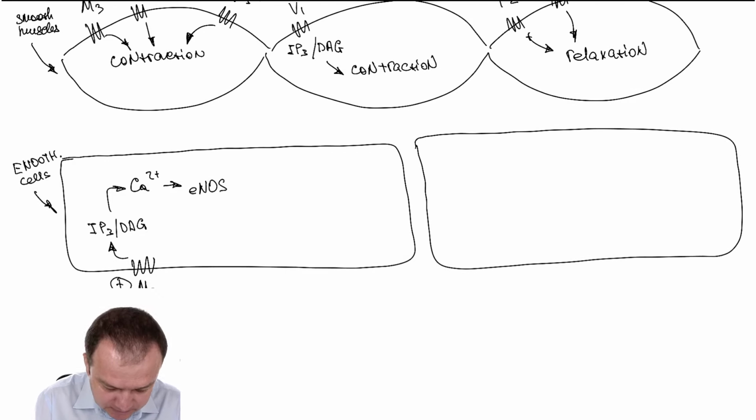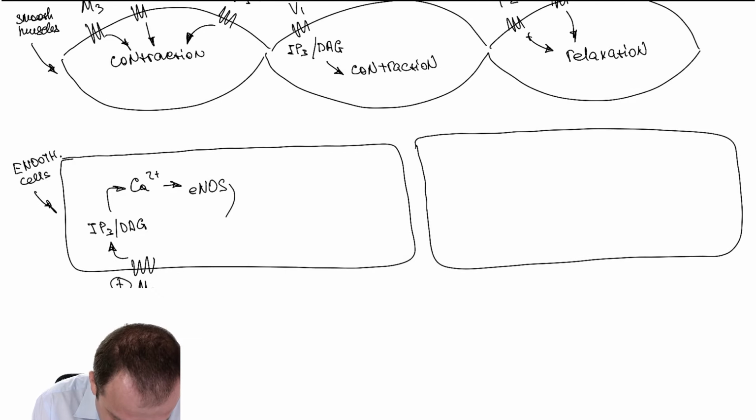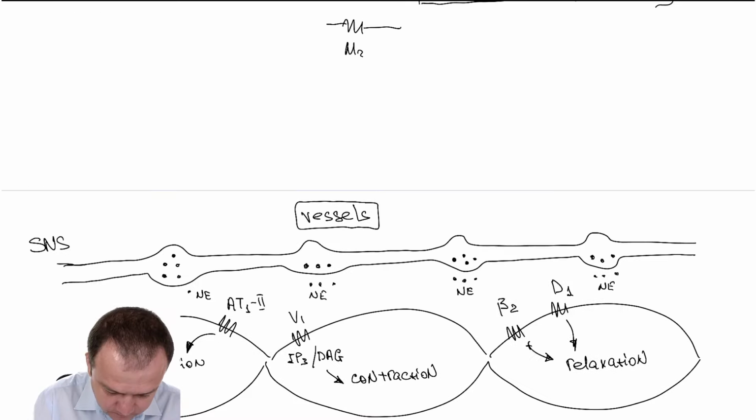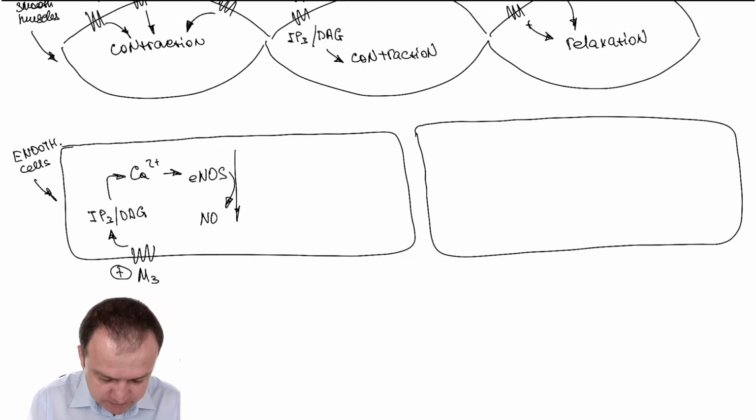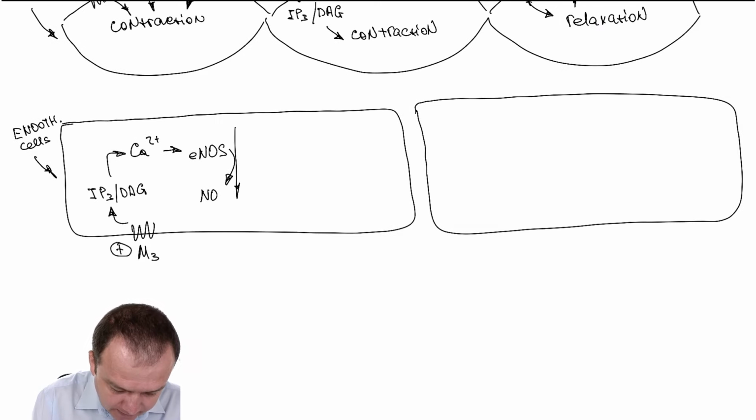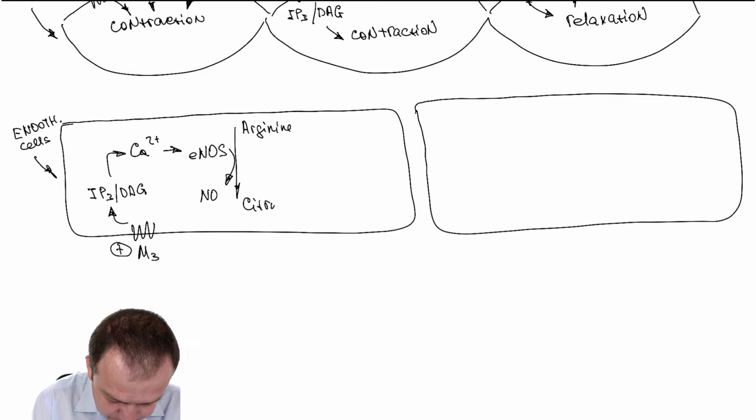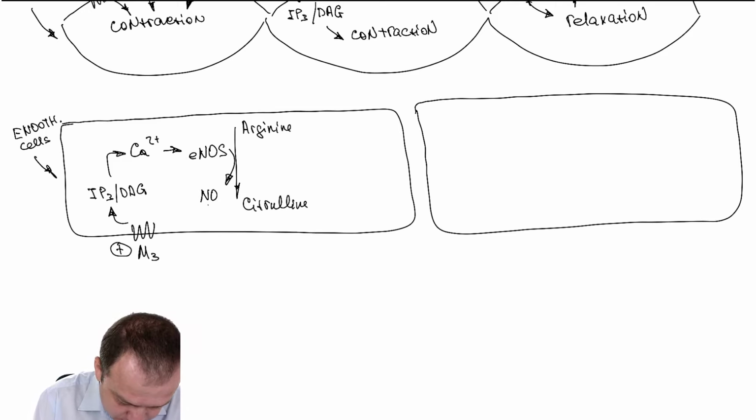Endothelial NO synthase produces nitrous oxide molecules by conversion of arginine to citrulline. And this nitrous oxide molecule, let's say the same